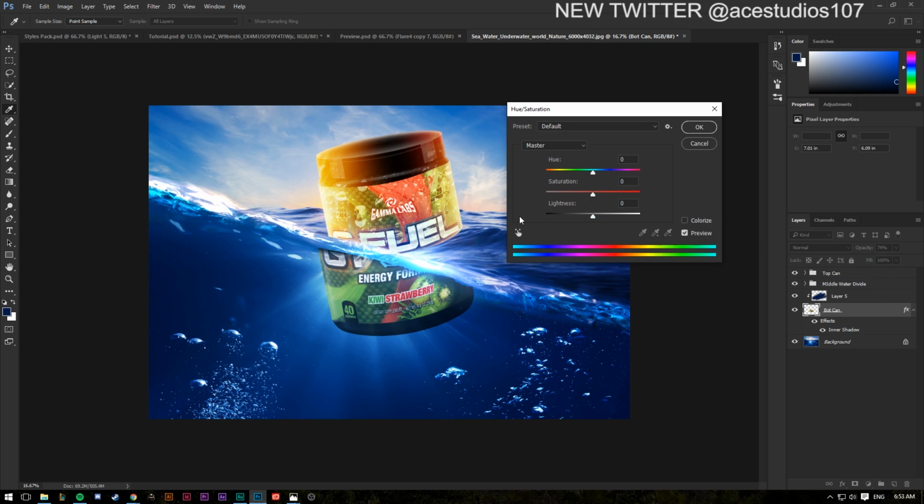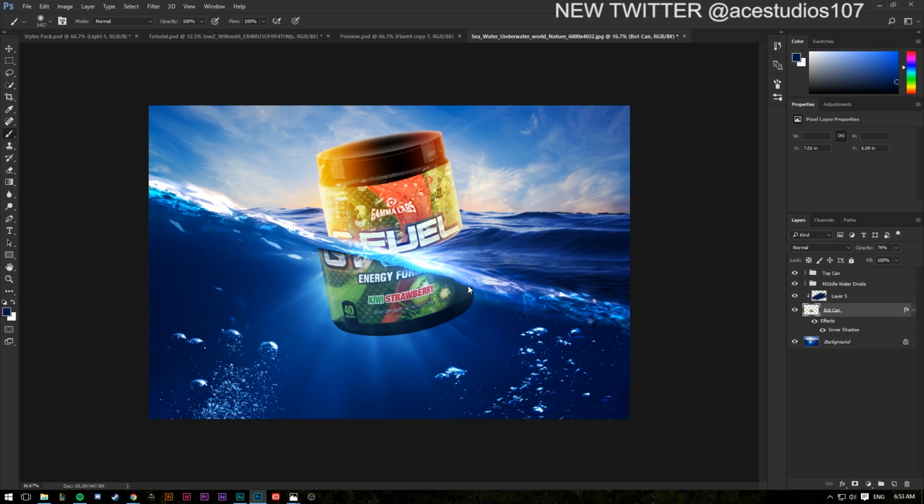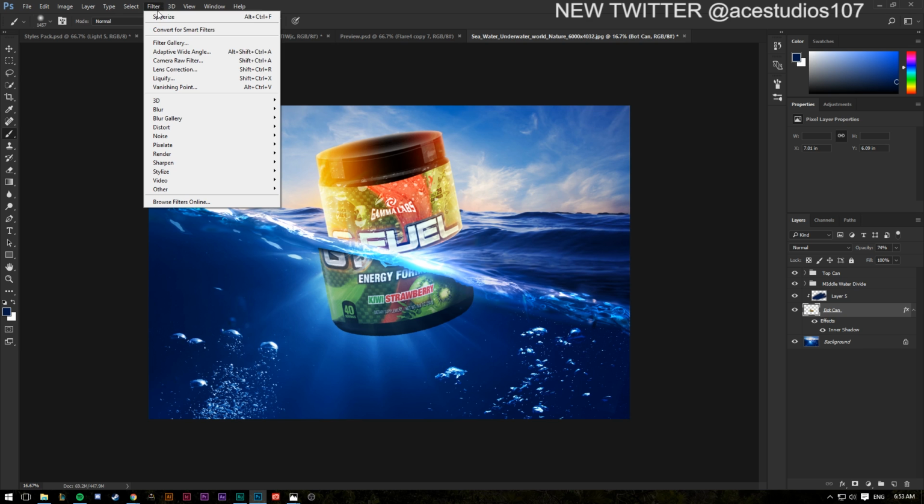And press Ctrl U, change the darkness a little bit, and change the tint of the colors a little bit towards the bluish area, so something like that. Now it's looking a bit better. Now we're going to go to the blur, and we have to be very careful because I said I wouldn't blur it, but